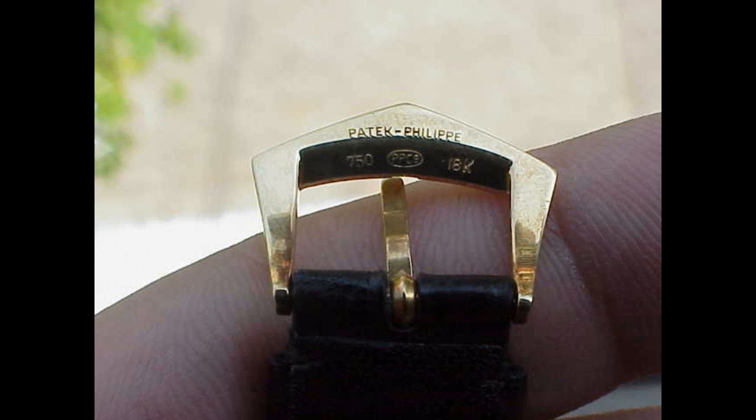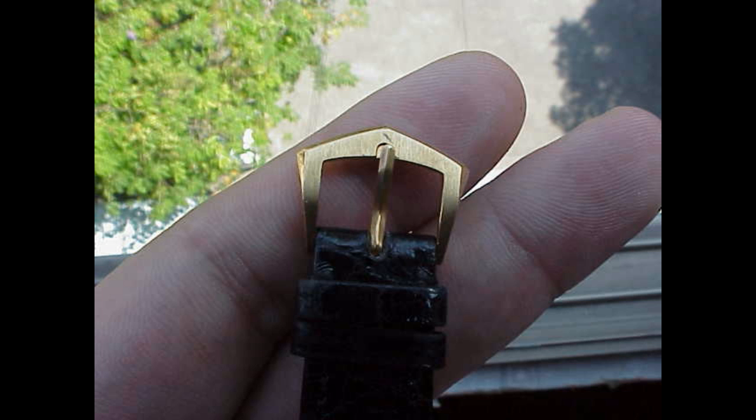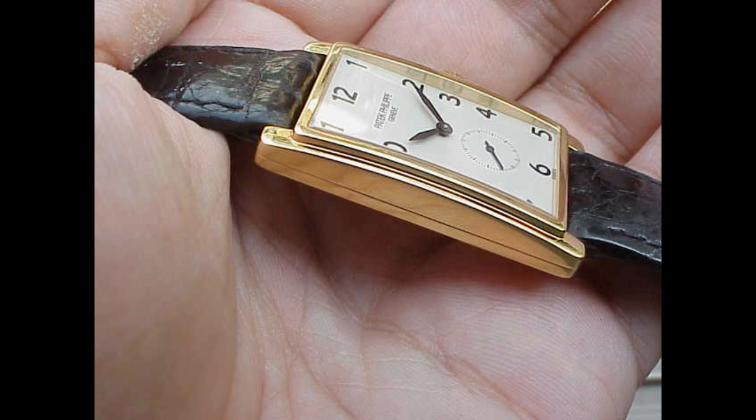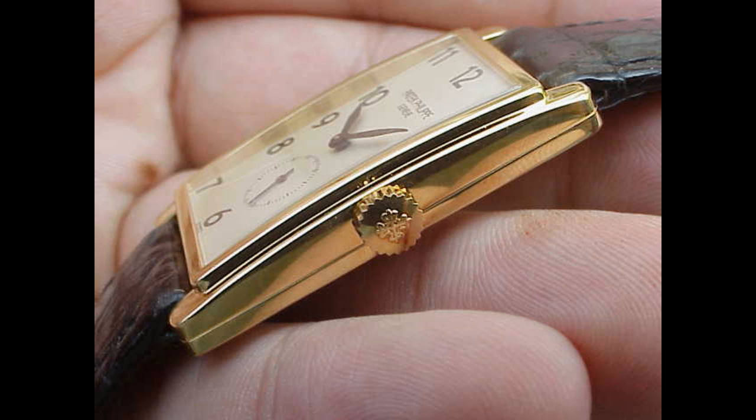It's a rectangular type of Gondolo type watch, and it's just a very classic Patek. It uses the 215 Patek manual wind movement, which is their bread and butter manual wind movement. It's got the most beautiful Art Deco numerals. The case is just gorgeous in yellow gold, and this model here has been replaced by a much larger